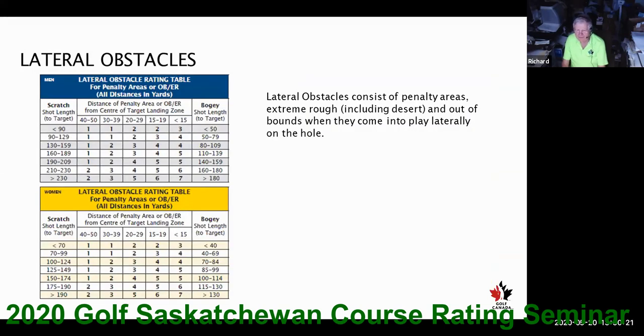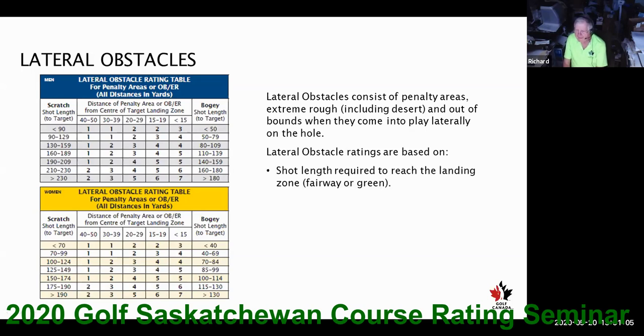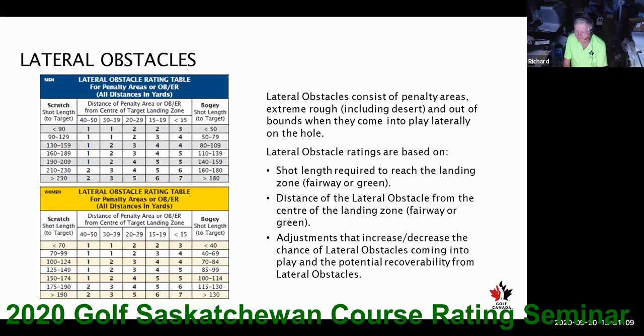Okay, lateral obstacles. Still room in here and in here for tweeners. And again, of course, the USGA has never moved off its habit of having the ranges in what, again, is a mathematically unintuitive listing, but we'll say a little bit more about that. Okay, again, nothing new in terms of the definitions and